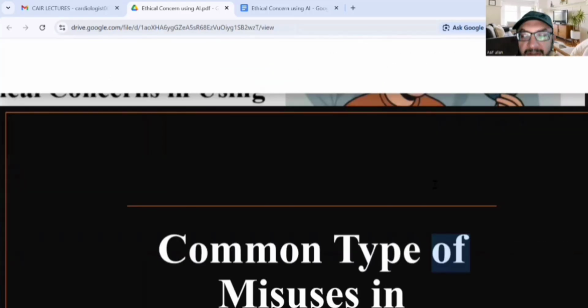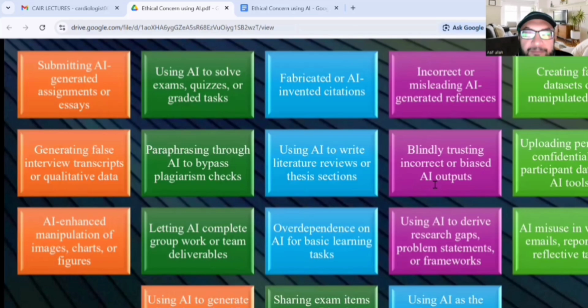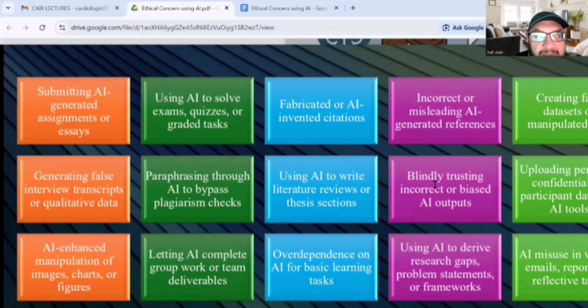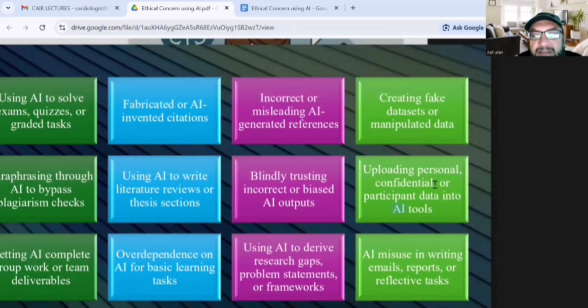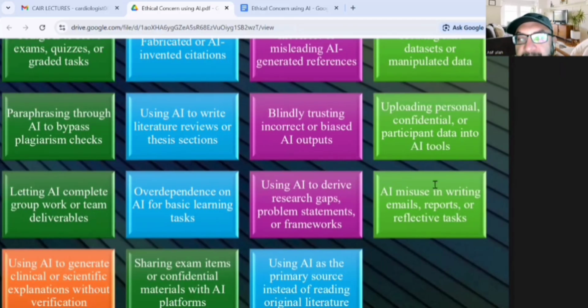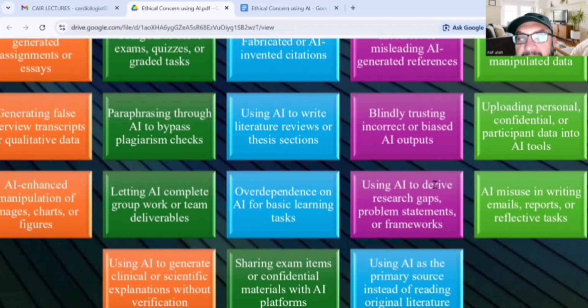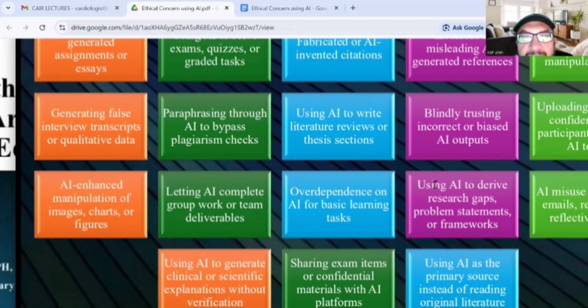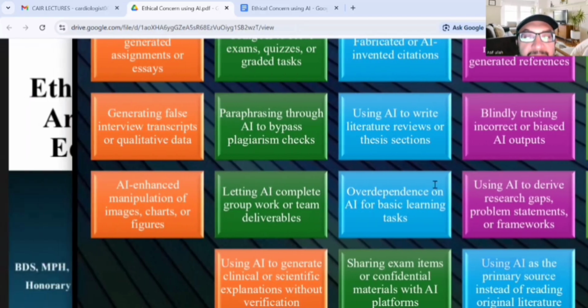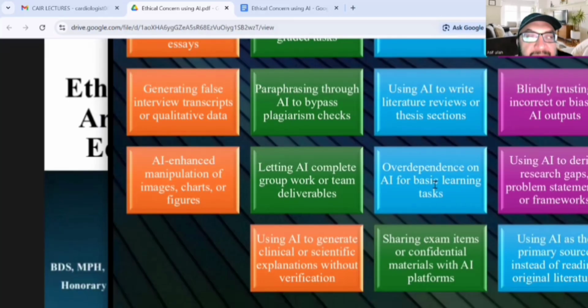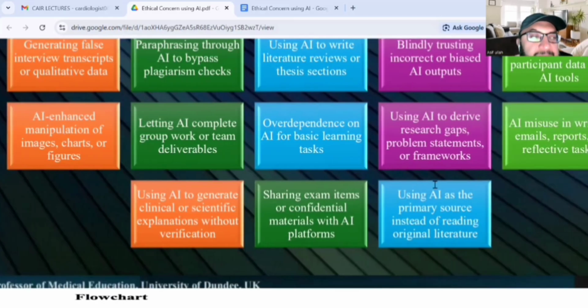So, common types of misusing generative AI: students submit AI-generated assignments or essays, use AI to solve exams, quizzes, or graded tasks, fabricated or AI-invented citations, incorrect or misleading AI-generated references, creating fake databases, datasets or duplicated data, uploading personal, confidential or participant data into AI tools, blindly trusting incorrect or biased AI outputs, using AI to write literature reviews or thesis sections, paraphrasing through AI to bypass plagiarism checks, generating false interview transcripts or qualitative data, AI-enhanced manipulation of images, charts, or figures,